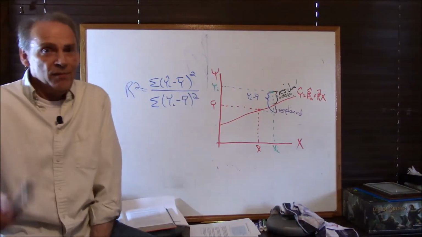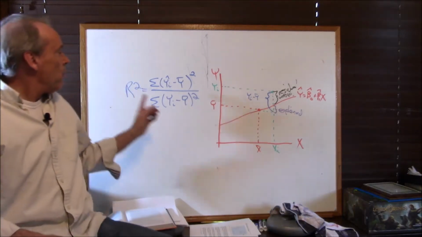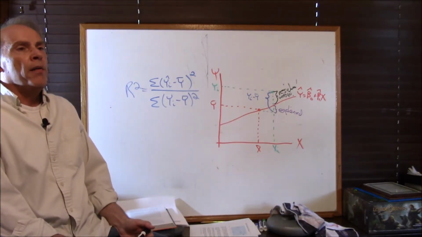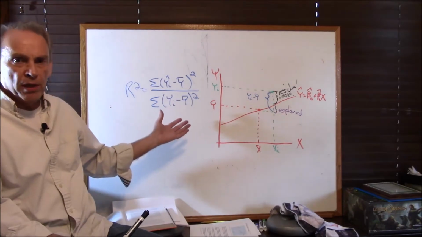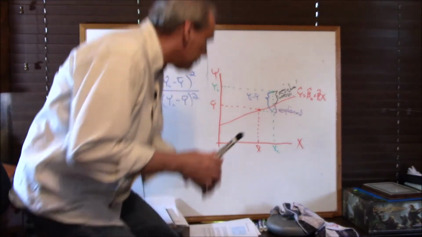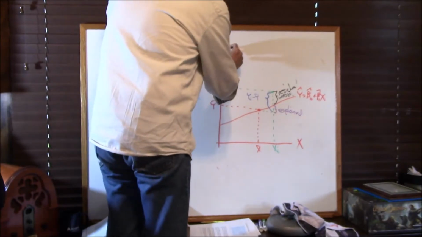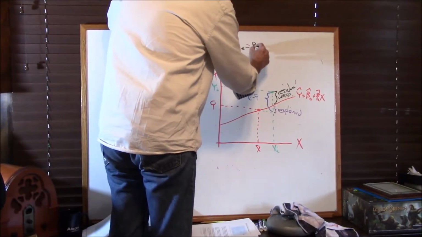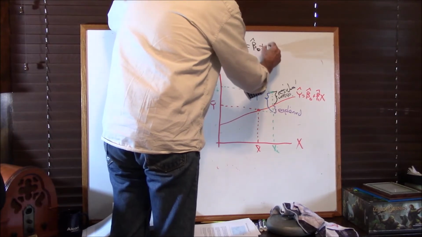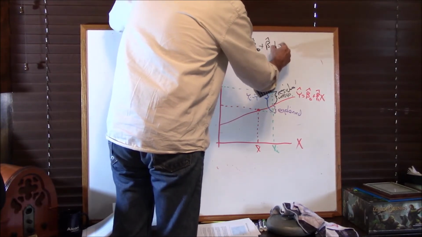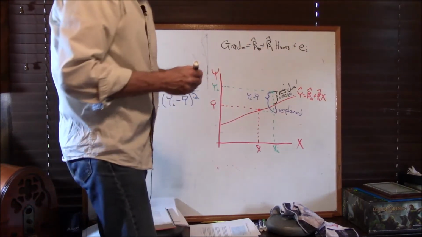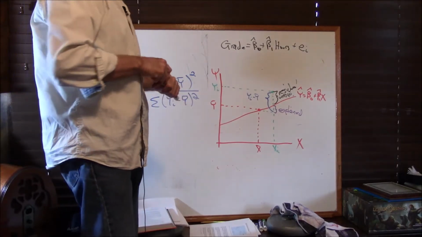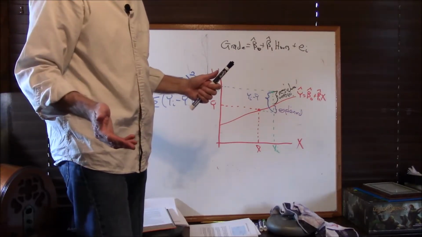Okay. Seconds ago, you heard me say that no one really uses this. And I'll tell you why. It's impossible for it to go down as you add new variables into your explanation. For example, grade is equal to beta hat sub 0 plus beta hat sub 1 times hours of study plus your residual, okay? So let's say that you estimated this equation and you got an R square of 0.5, all right?